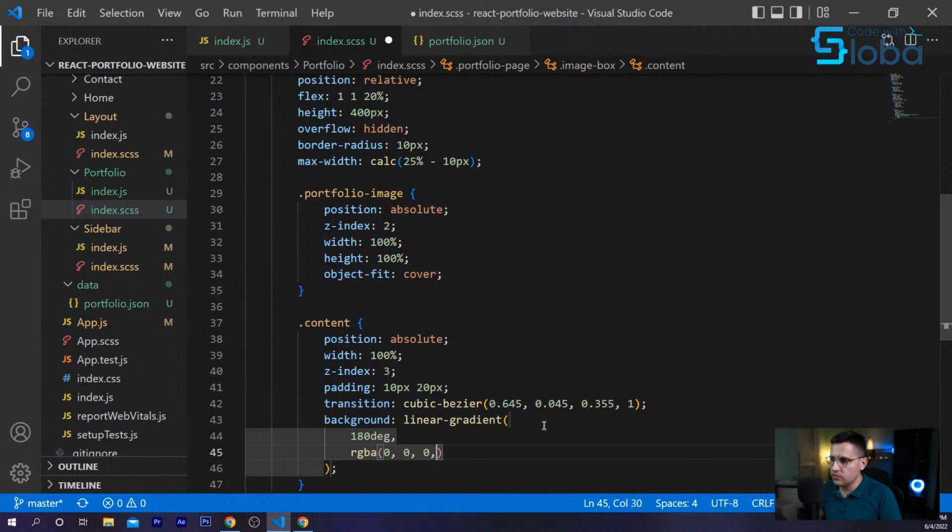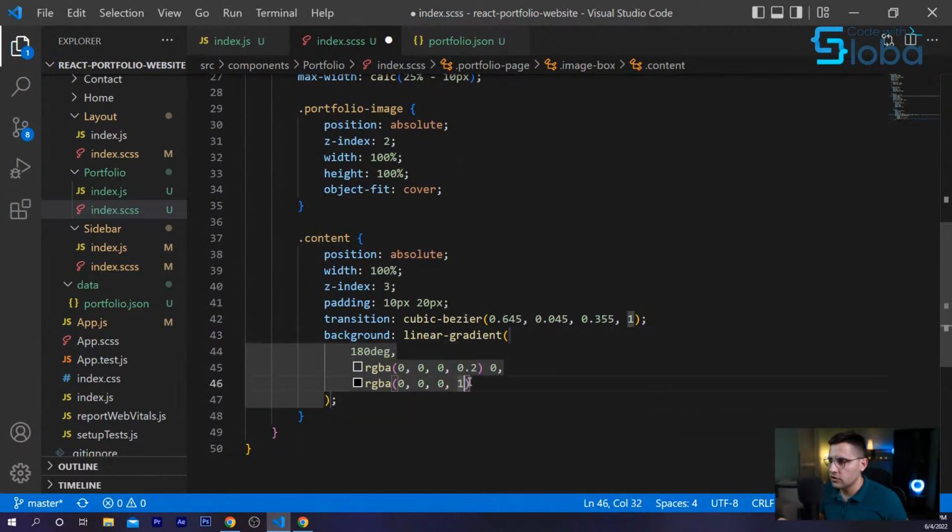Just use zeros for the black one, and use the 0.2. That's very low opacity. The stop point is going to be 0, and again, RGB is going to be black color and set to 1. Okay. So this is going to be solid, very solid.